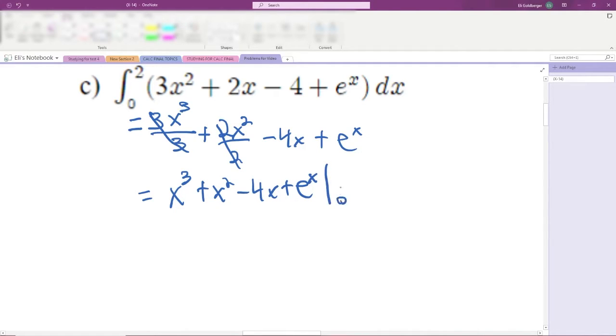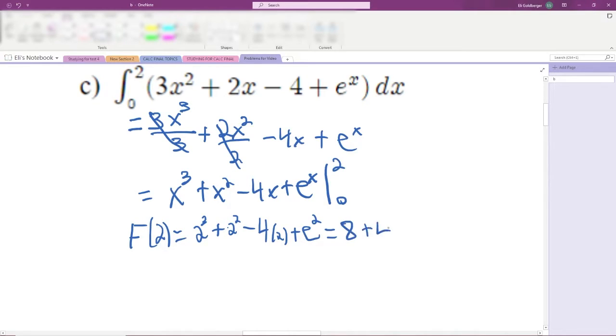But now it's a definite integral, so we'll use our fundamental theorem of calculus here. So f of 2 is going to be 2 cubed plus 2 squared minus 4 times 2 plus e squared. So now if we simplify that, that'll just be 8 plus 4 minus 8 plus e squared. And these 8s are just going to cancel out, so you just end up with e squared plus 4 for